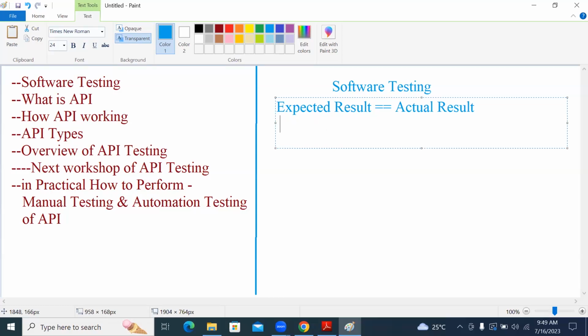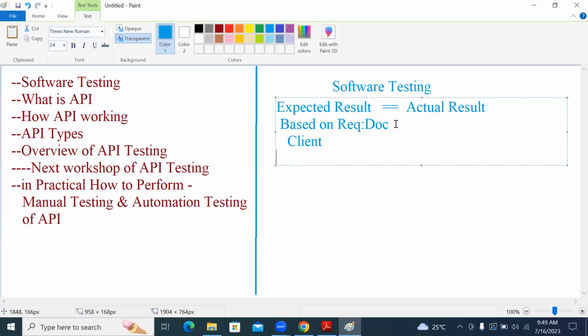You are expecting it based on the requirement document. From where are you getting this requirement document? From the client, the one who needs the software.